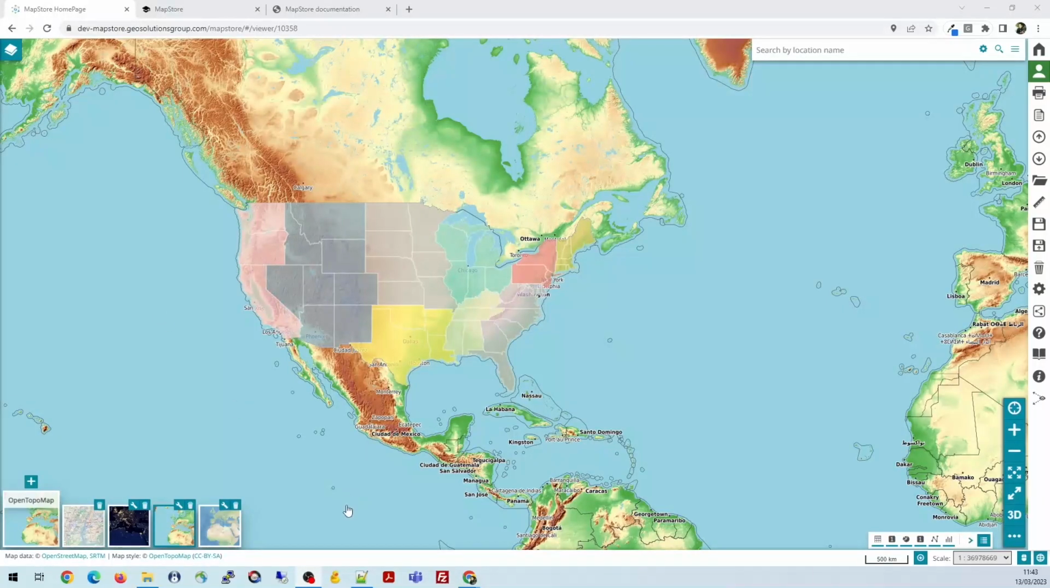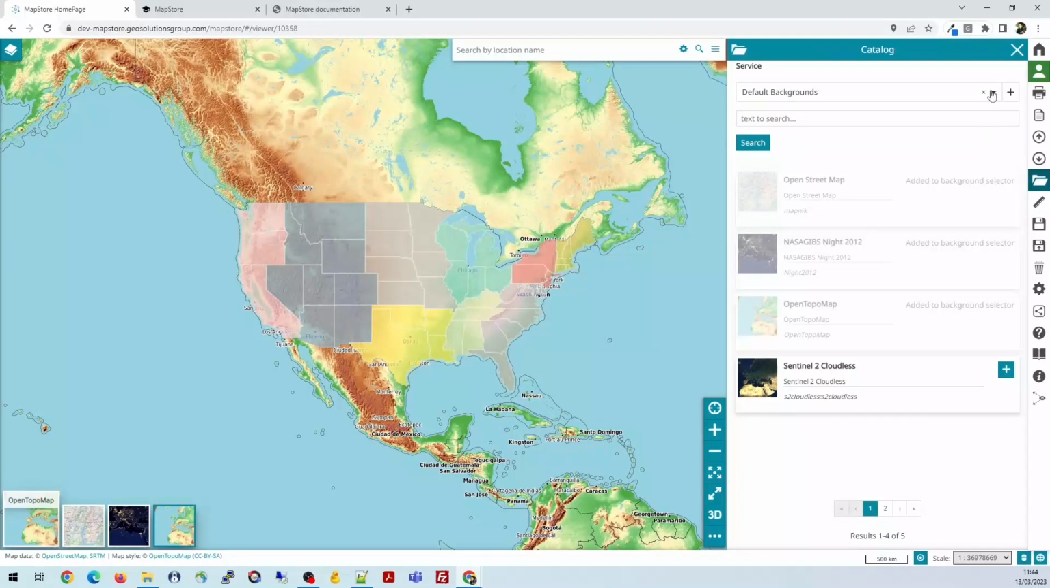Let's see, for example, how a user can add a new background. Let's concentrate on this one. I'm going to remove it to add it again to the map. So opening the background selector, I can click on the plus button. Here by default I have a list of default supported backgrounds. This is basically the list that is configured in the application configuration file,